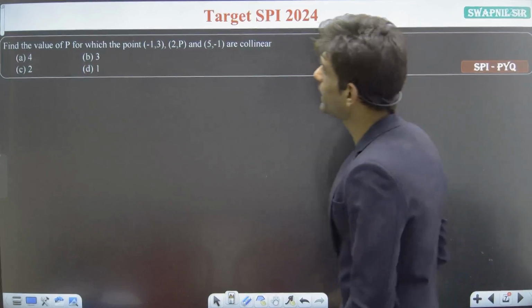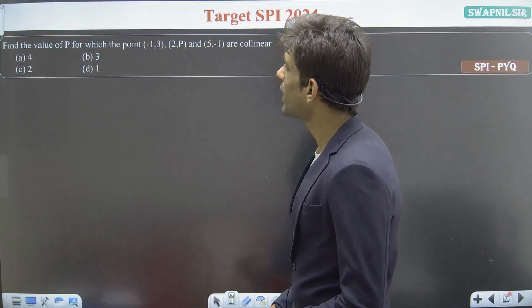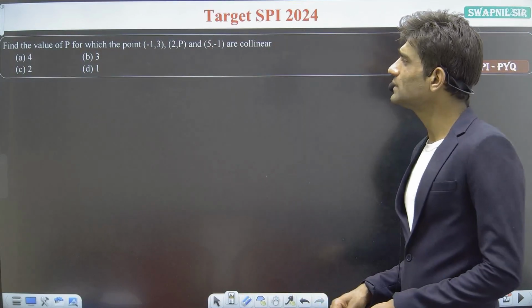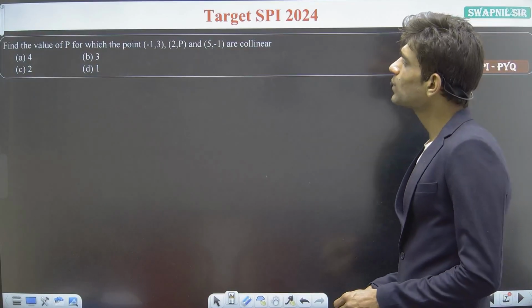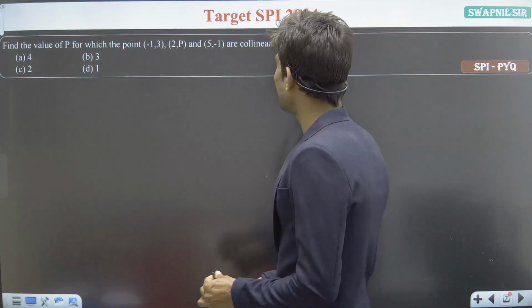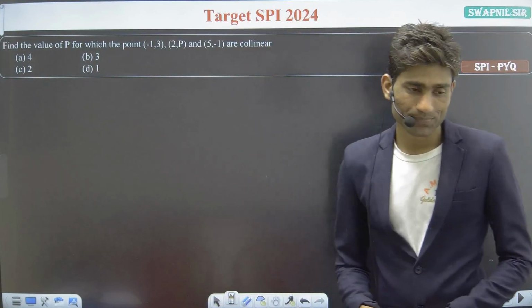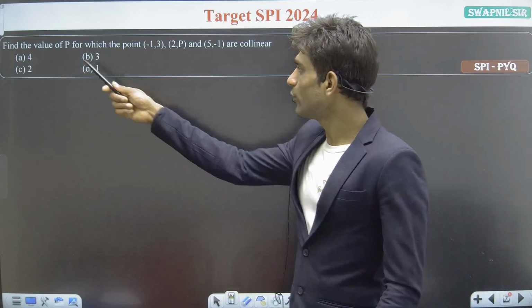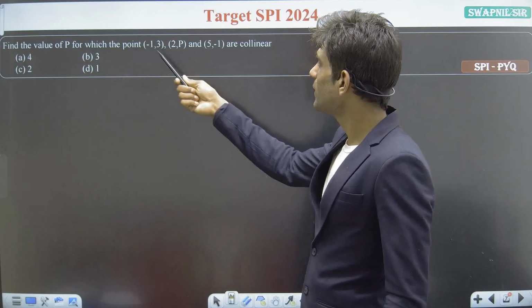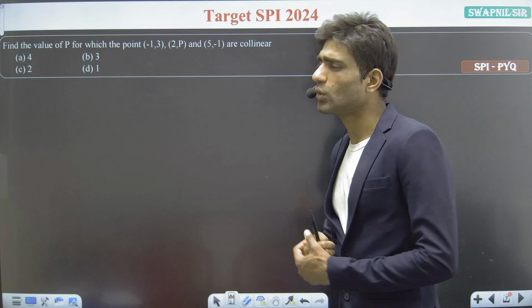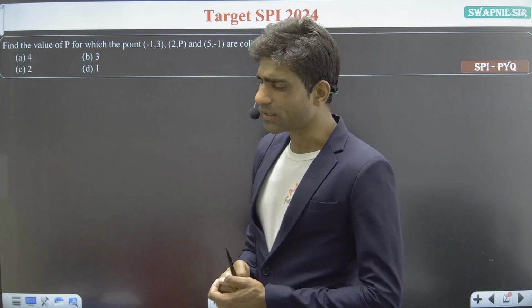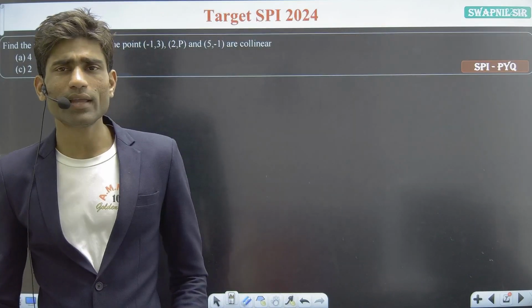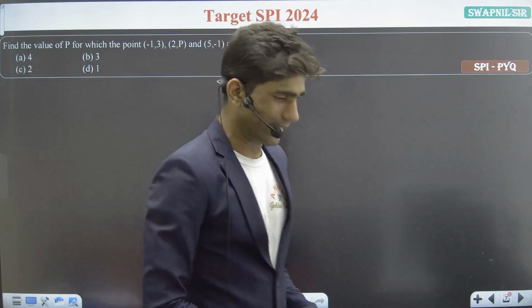So in our next example, we have to find out the value of P for which the points (-1, 3), (2, P) and (5, -1) are collinear. So we have to find the value of P for which these 3 points are collinear. We do have the condition for collinearity. First of all,